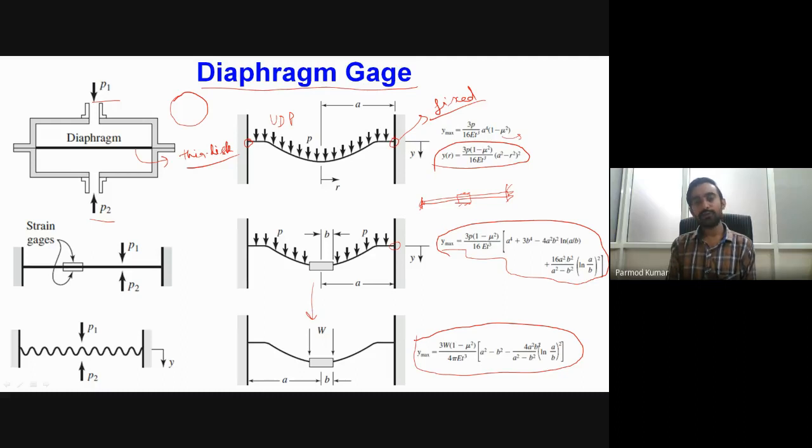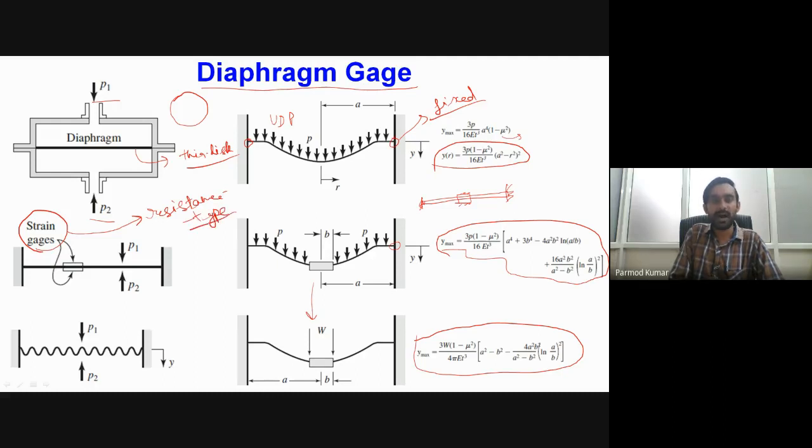Okay, so in order to facilitate the dynamic measurement of the deformation of the diaphragm, a device is fitted over this diaphragm, and that particular device is known as a strain gauge. Now, whatever type of strain gauge we use in our pressure transducer, mainly resistance type strain gauges are employed for measuring the deformation.